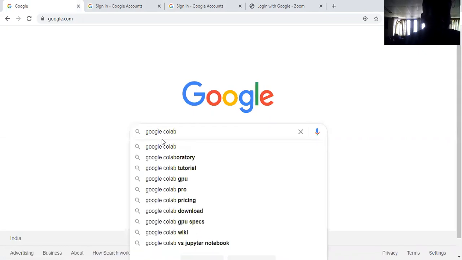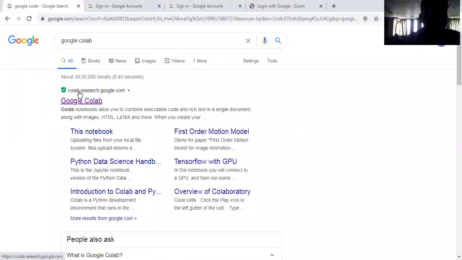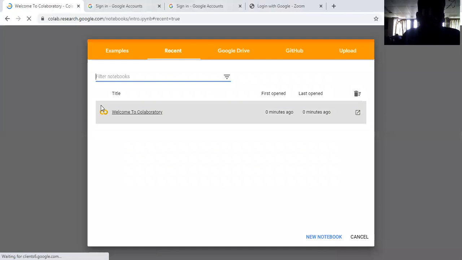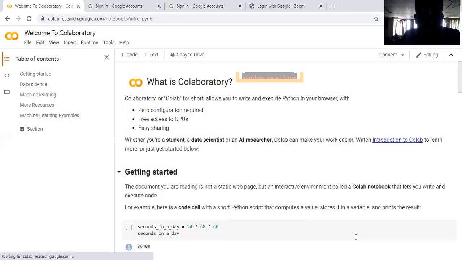First you will get colab.research.google.com. Click on that particular link. It will show you like this. Welcome to Google Colaboratory. In that, you will directly click cancel.